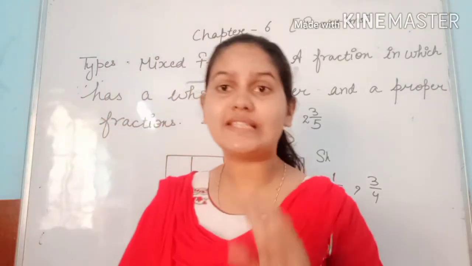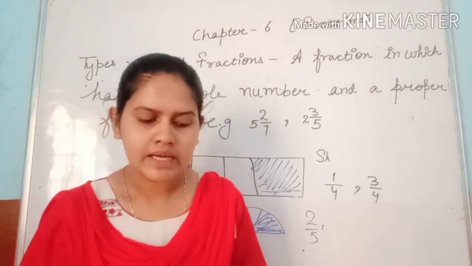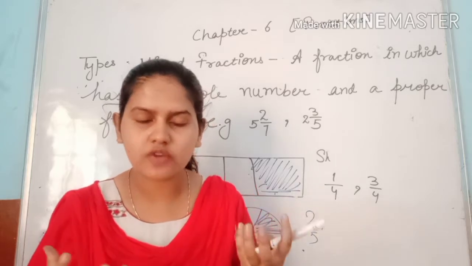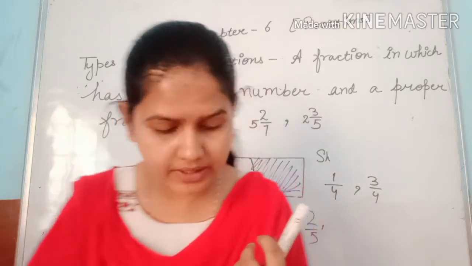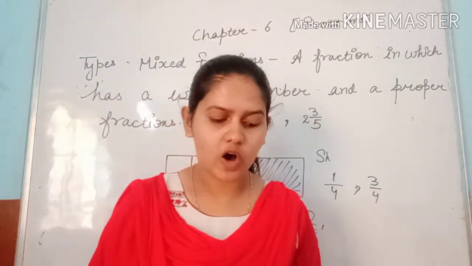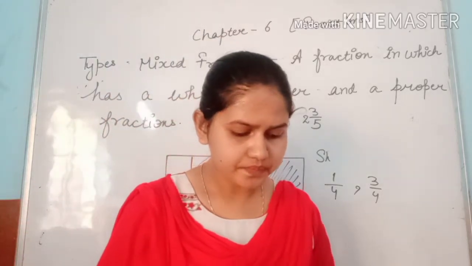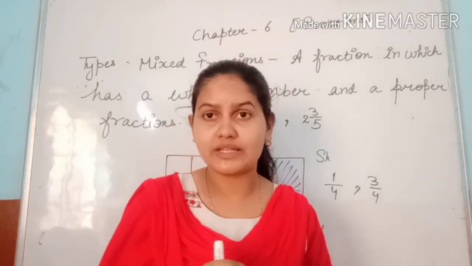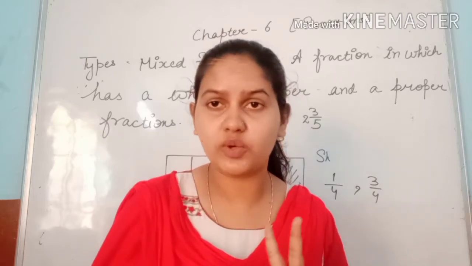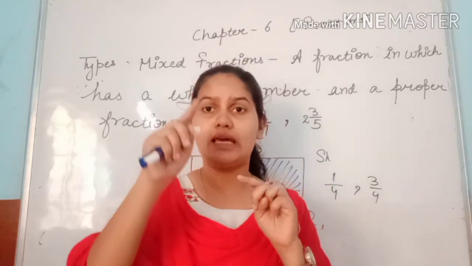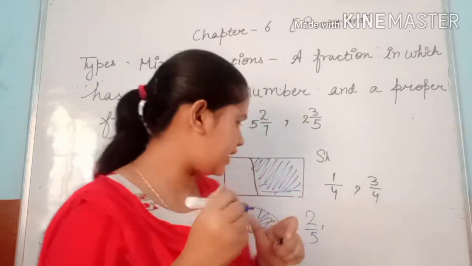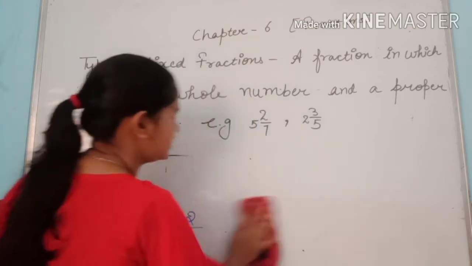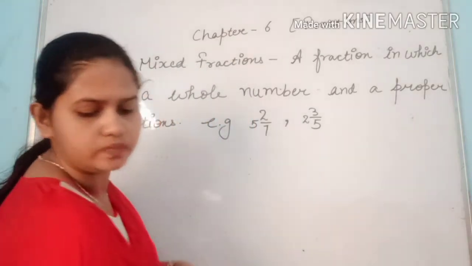So now come to the second part of your C, 6C. Divide the collection into 2 equal parts and write the number of objects in each part. So students, you can see the balls are given to us. How many balls are given to us? We have to see 1, 2, 3, 4. 4 balls are given, right? So we have to divide into 2 equal parts. 2 parts, which means in every part there will be 2 balls, right? As we have to divide it into 2.